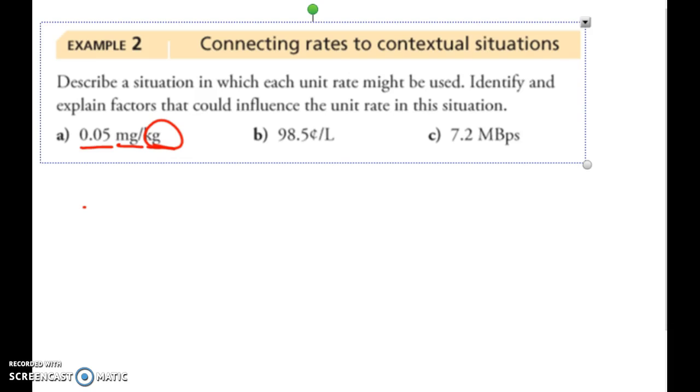So I would think this would be some sort of medicine, because you would give a certain amount per kilogram that the person weighed. For this example, 98.5 cents per liter, that sounds like a gas question. Like, it will cost you 98.5 cents for every liter that you fill up your vehicle. And this one, 7.2 megabytes per second, is a computer type question. And it would be based on your internet